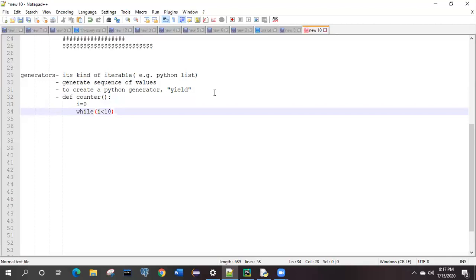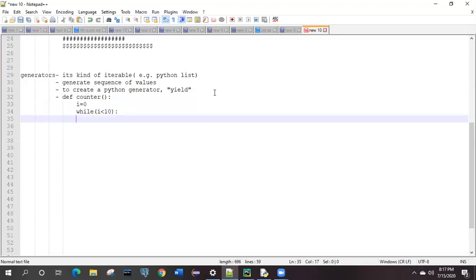So in case of a while loop, for it to work, first we need to initialize the variable outside of the loop only, right? So here, outside of the while only, I have initialized i equal to 0. If it is a for loop, all together we can write inside the loop only. And here, while i is less than 10, what will it do? i will simply be incremented by 1, right? This is how the while loop normally works.